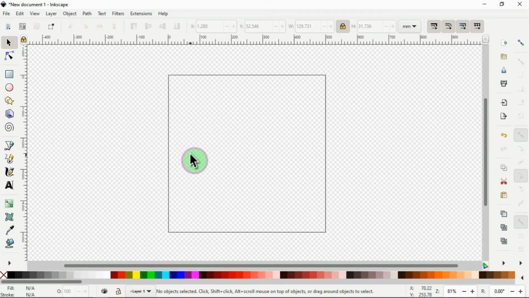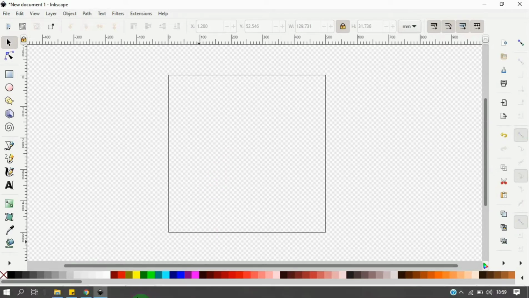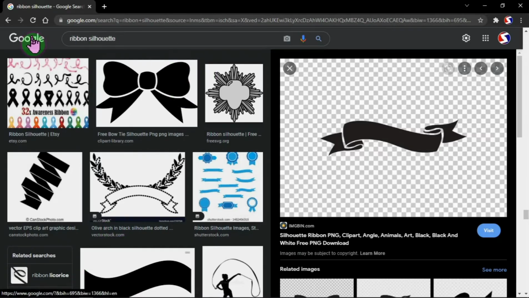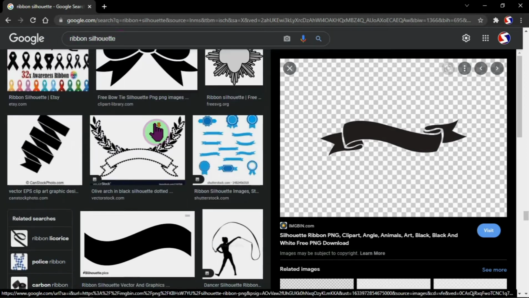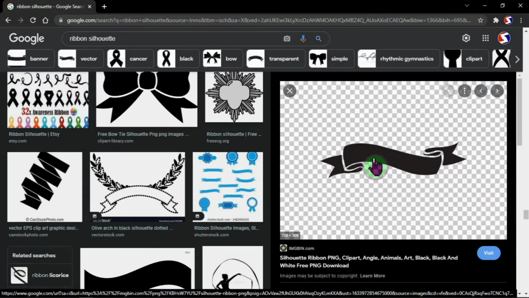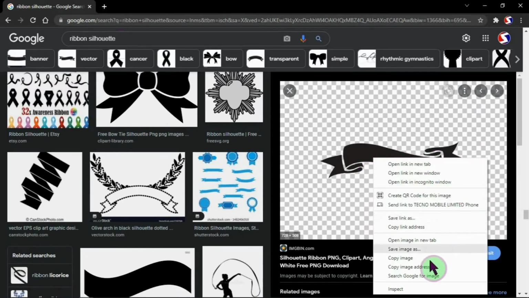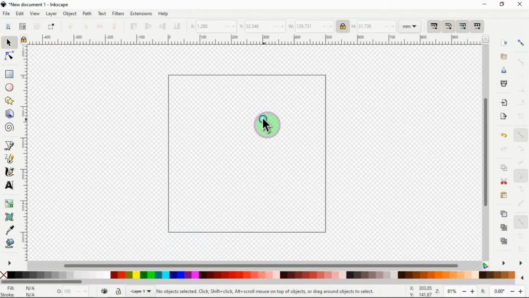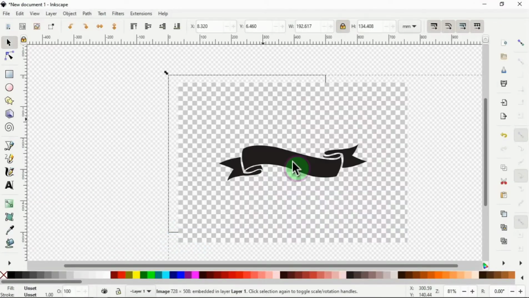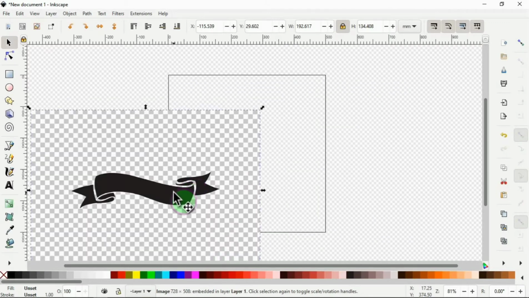So the next thing we need to do now is to get the ribbon that we want to work with. So this is on Google, from the internet, and I just typed ribbon silhouette. I have a whole lot that came up for me, but this is what I want to use. So I right click, I copy image, take it down, come here and paste. Now we can use this as it is. We need to make this become a path, and we change it from bitmap to path because